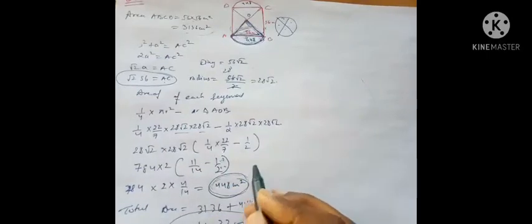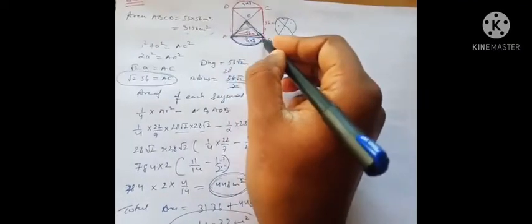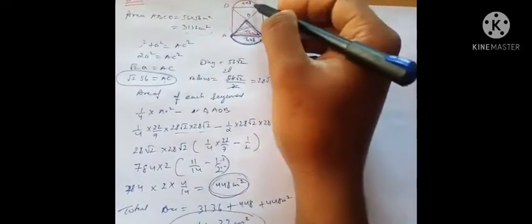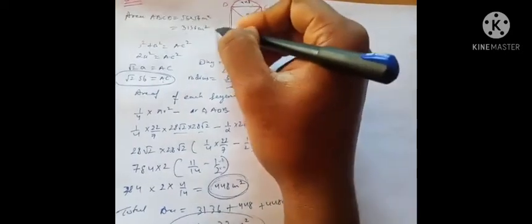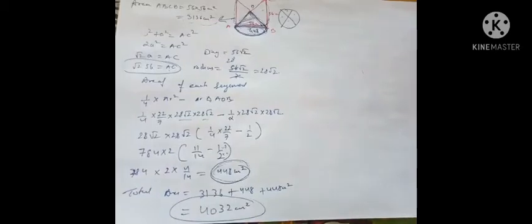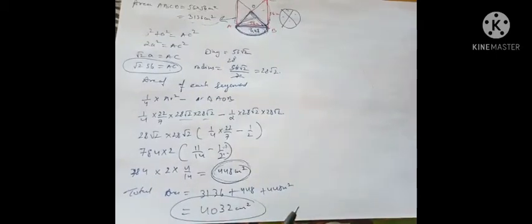Okay, so I kept the value. You guys can have a look. I kept the value, and after putting the value, I got 448 centimeter square. So the area of this is 448 centimeter square, so the area of this one will also be 448 centimeter square. And the area of the whole square I already know, this was 56 into 56, 3136. So how to find the total area? 3136, 448 plus 448 centimeter square, you'll get the total area. Okay, that's how you figure out the total area of the given figure.